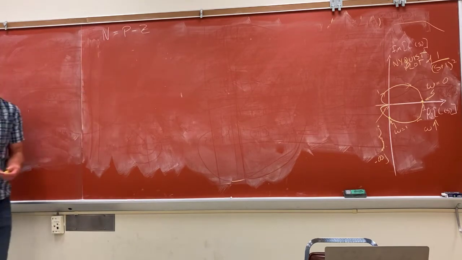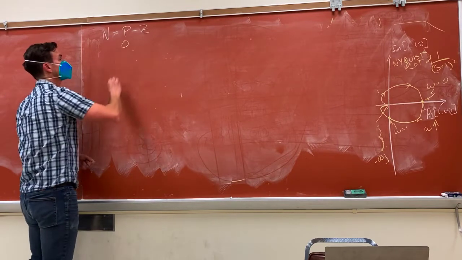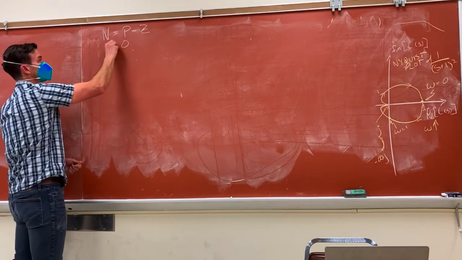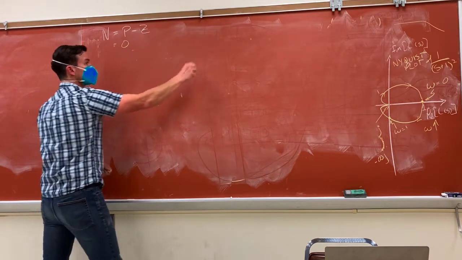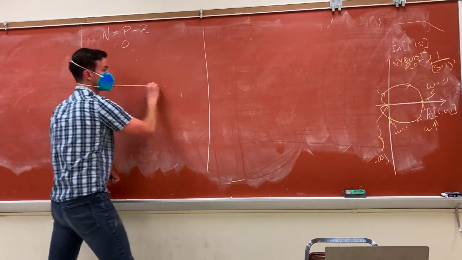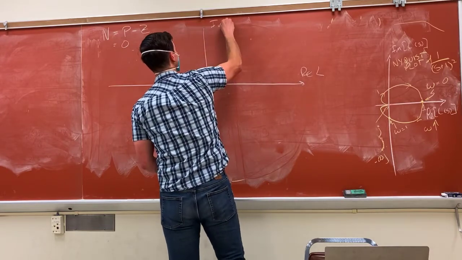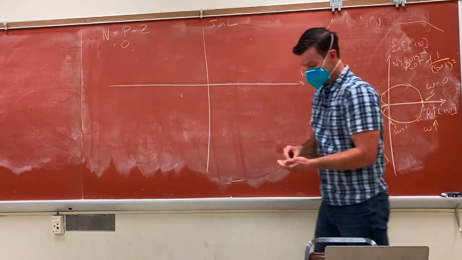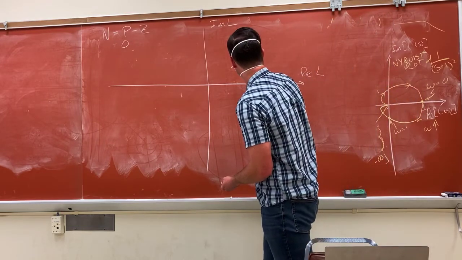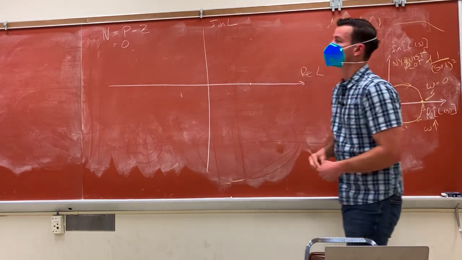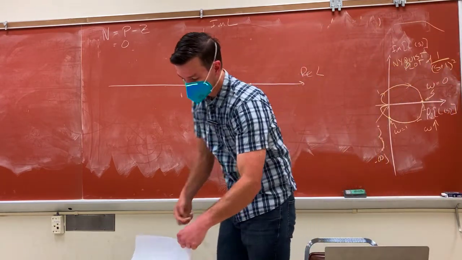We're still starting with our Cauchy argument principle. P is still 0. N is what we're going to be after right now. So, real part of L, imaginary part of L. When omega equals 0, we're sitting here at 1. When omega equals